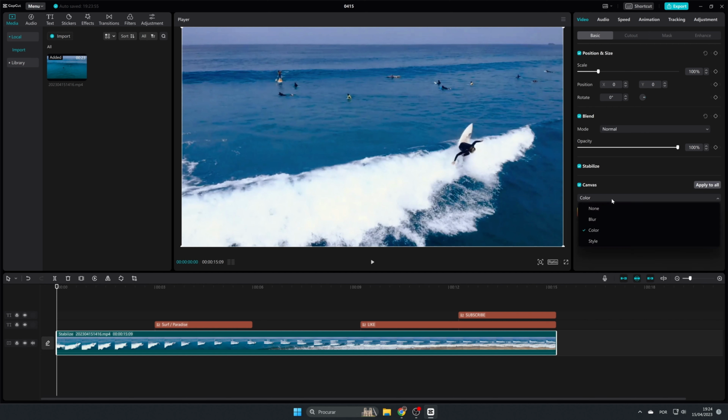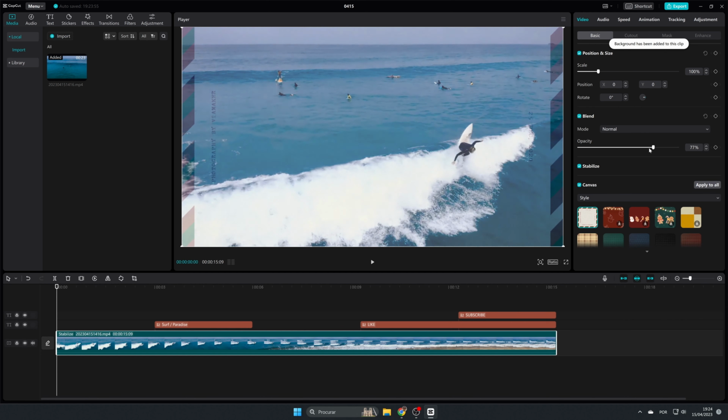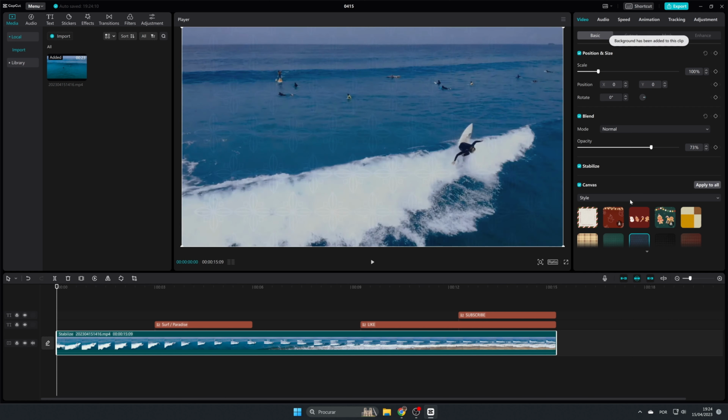And you also have the style, that are some stickers that you can put behind also, as you can see. So it has a lot of options,